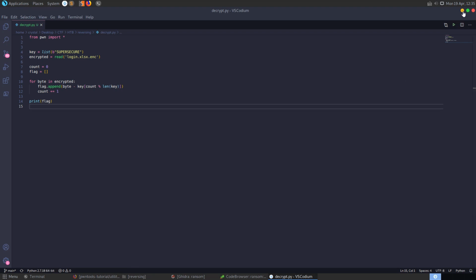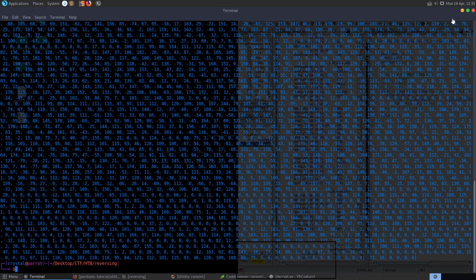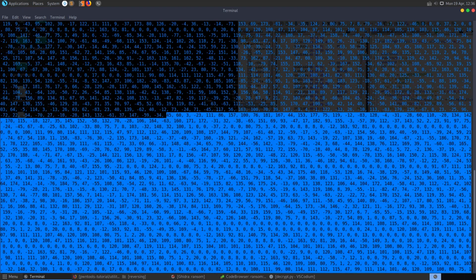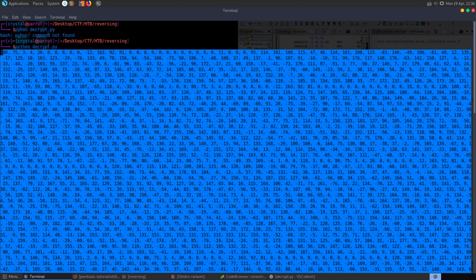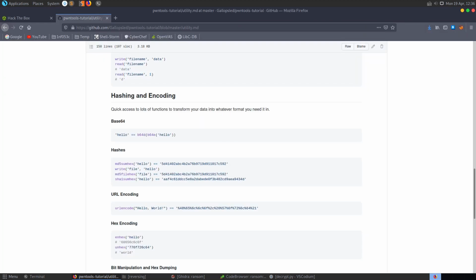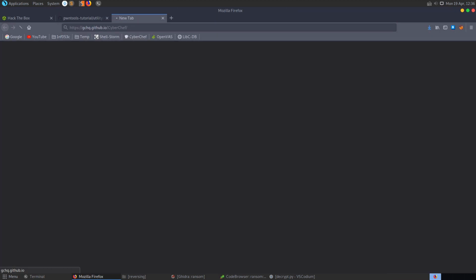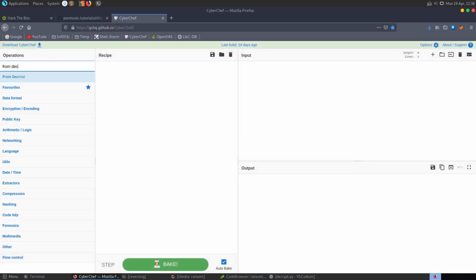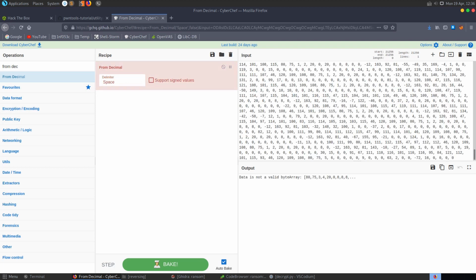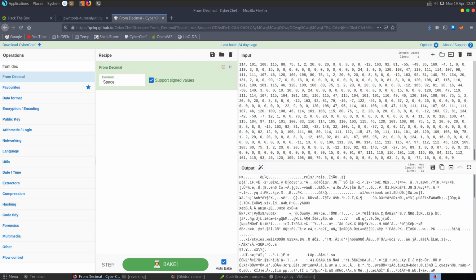But what I did now is move over to CyberChef just to finish this off. So I'm going to take a copy of this array of decimals and then open up CyberChef. I'm going to convert from decimal. Paste this in here, and you'll see we get an error that it's not a valid byte array, which is exactly what I was getting in Python. Let's change that to supported values,